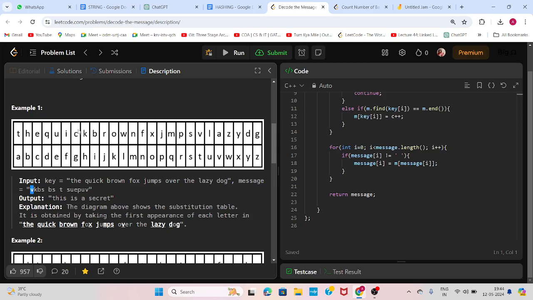B is mapped with I, so I is there, and S is mapped with S only, so S is there. That's why BKBS is written as THIS, and BS is written as IS. Like you can see B is mapped with I, S is mapped with S, and T is mapped with A, and so on. So that's how you have to